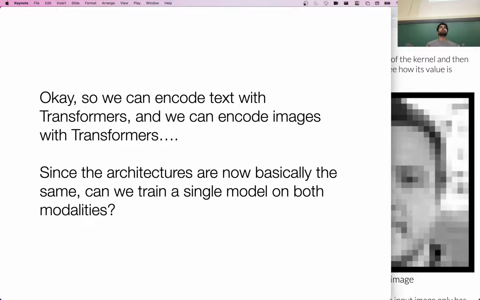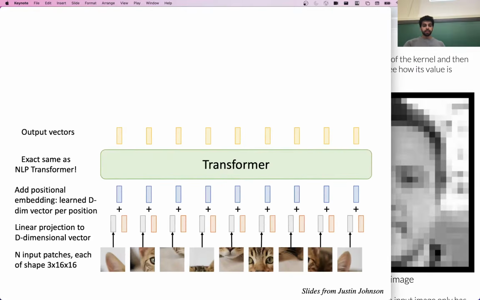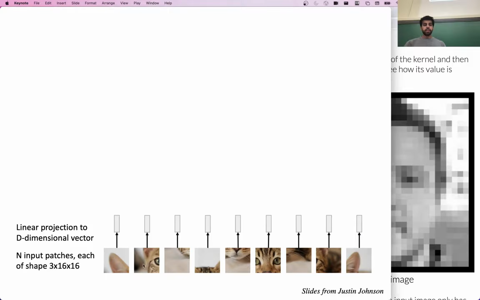People have obviously observed this, and now there have been many efforts to train joint models, right? So you have a single model that can process both images and text. You can imagine a very simple case where if the input is an image, you can convert it to patches and use the same steps down here to get a sequence of embeddings.